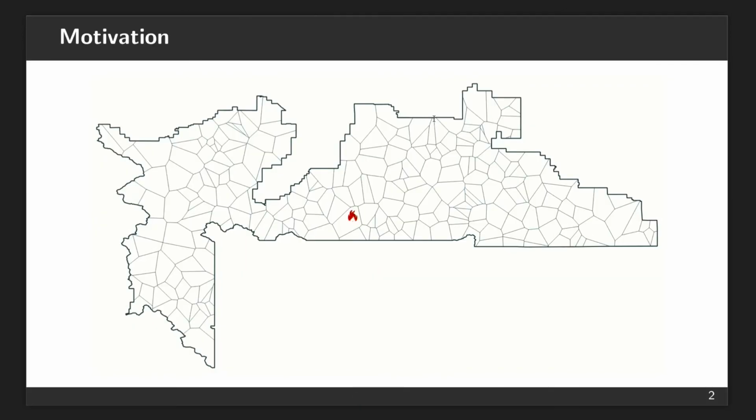So here is what happens. Suppose that we have a national forest, and there is a fire outbreak located here. And we have some predefined potential barriers that you can construct to protect the forest from the fire spreading.